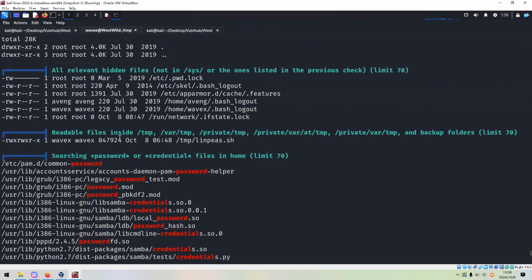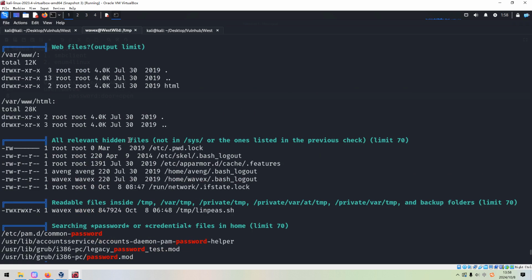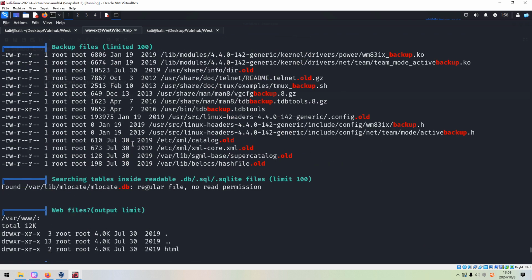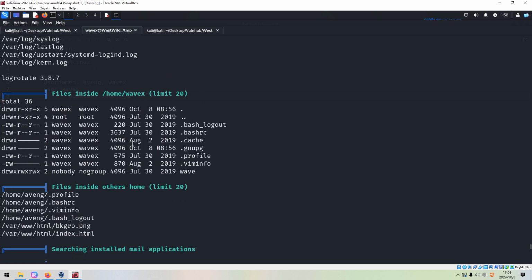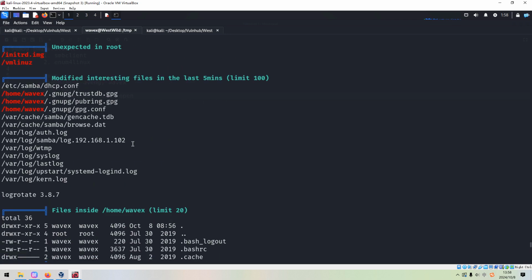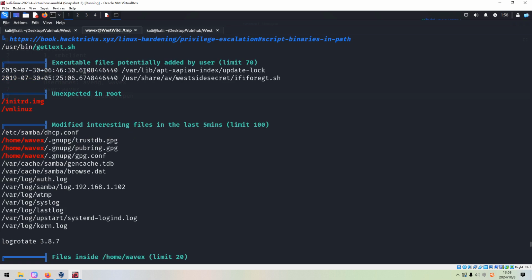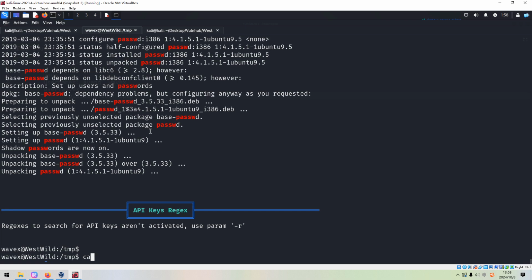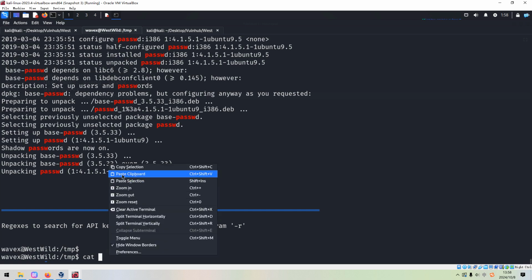So readable files, web files, backup files, executable files potentially added by user. This one, if I'm not wrong, right? So maybe this one we need to have a look at. We can copy and we can get out this file.